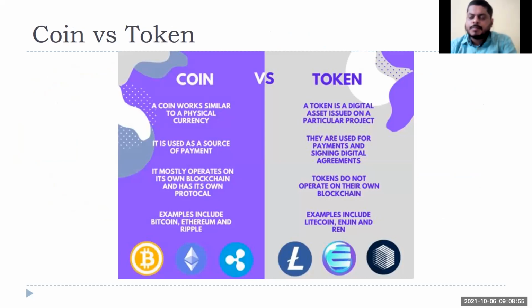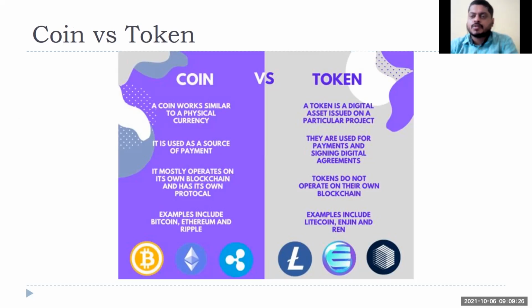Right? So there are many tokens or alternate coins like Litecoin, which do not have their own. Either they will be derived from Bitcoin or they will be derived from Ethereum. So they'll be working on the Bitcoin platform or Ethereum platform, but they have created their own coin. So they will serve their own purpose. Something which will be used for gaming, right? There are a few cryptocurrencies which are tokens, used in certain gaming